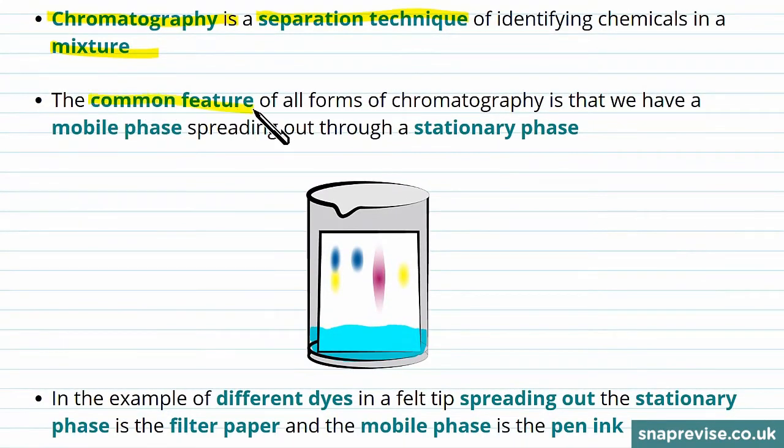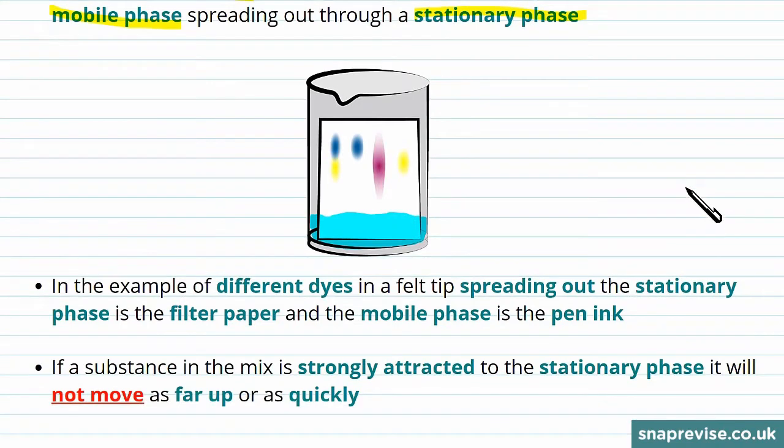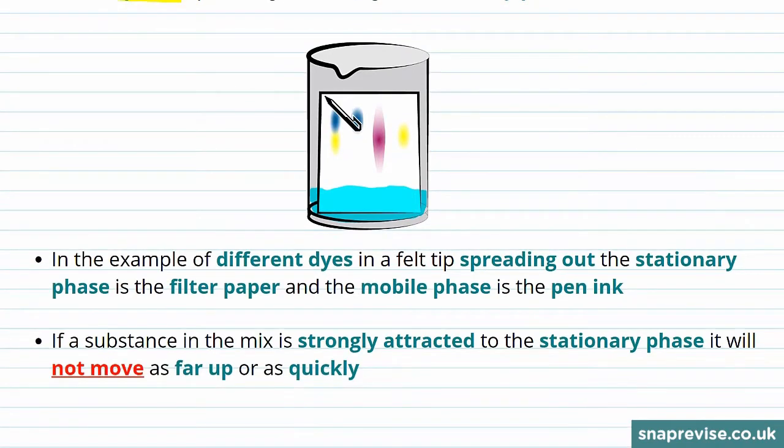The common feature of all forms of chromatography is that we have what we call a mobile phase, and this mobile phase contains our mixture that we're trying to separate, and the mobile phase spreads out through a stationary phase, something that doesn't move. So an example you may have seen at GCSE is putting spots of ink on filter